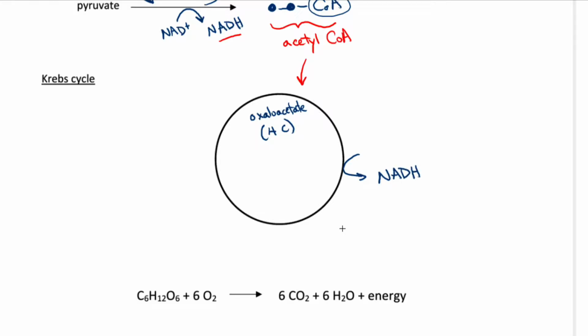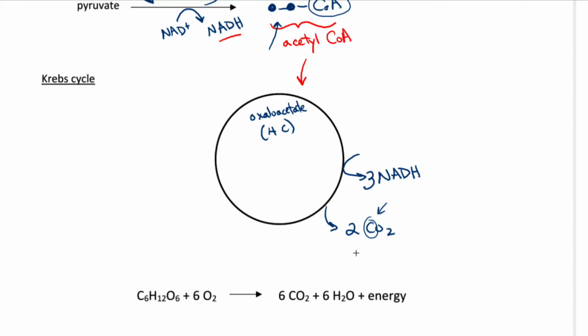So one of the things that comes off of the Krebs cycle is NADH, and in fact we get 3 NADH for each acetyl-CoA that has come into the cycle. So 3 NADH. We also get out 2 CO2. So the 2 carbons that came in up here are both lost in carbon dioxide. So if you imagine we started with a 4-carbon molecule joining a 2-carbon molecule, making a 6-carbon molecule, now we've gotten rid of those 2 carbons again, and we're back to a 4-carbon molecule, and the process